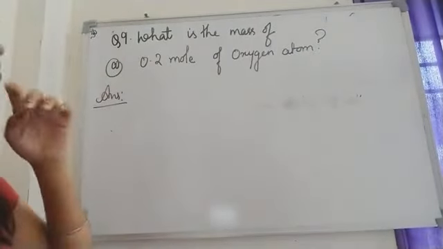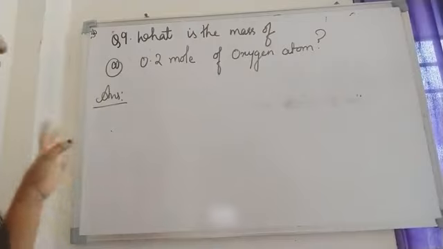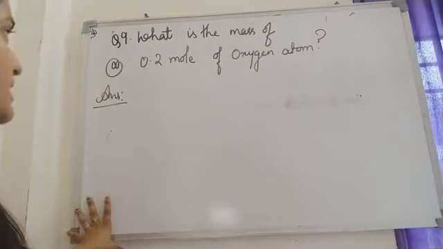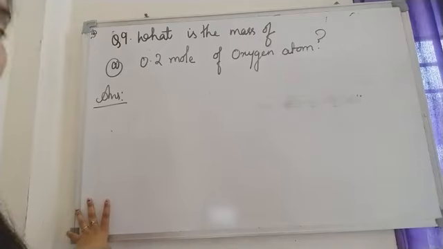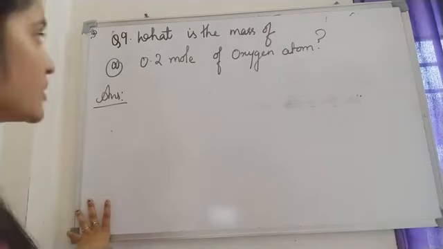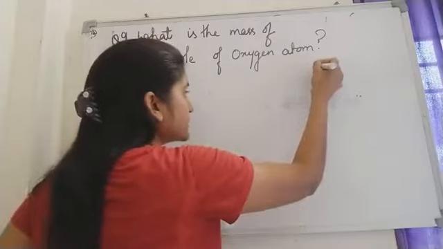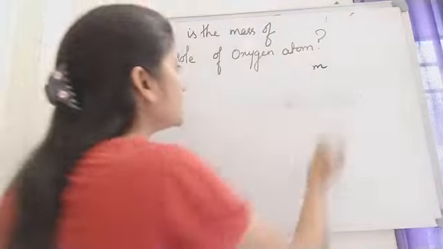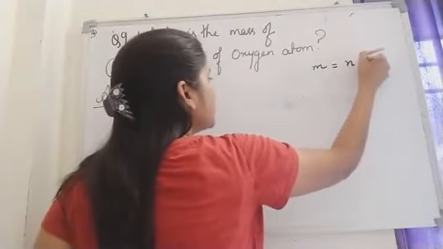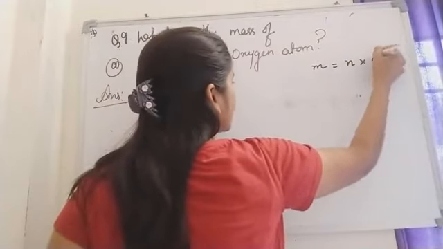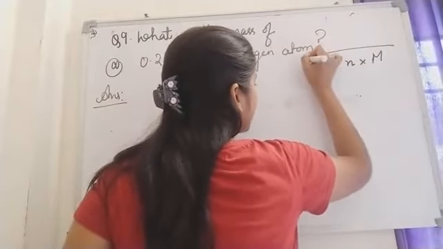Okay, student, here is question number 9. Now over here again you are supposed to find out the mass from the moles. There is a very simple formula that we can use. Otherwise I can explain it elaborately. Given mass, M, will be equal to number of moles multiplied by its molecular mass. This is one formula.